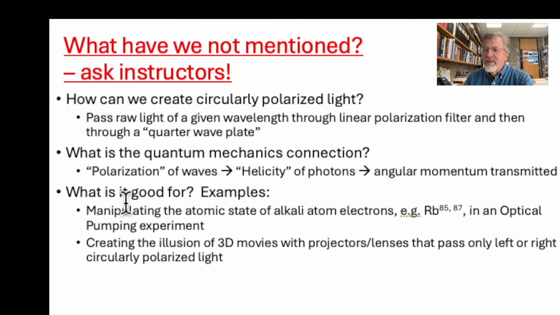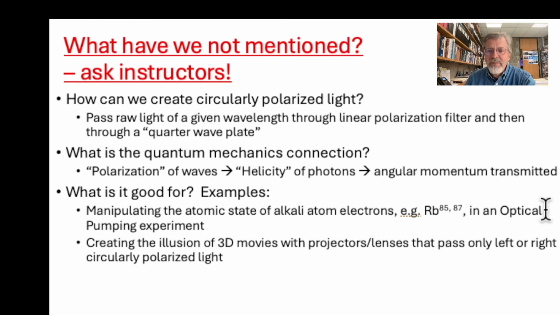And then finally, you might ask, so what is this good for? If you're manipulating the atomic state of the outermost electron in an alkali atom, for example, rubidium-85 or rubidium-87, as in the optical pumping experiment that you may or may not be doing, that's where you need circularly polarized light to push those electrons up to ever higher values of orbital angular